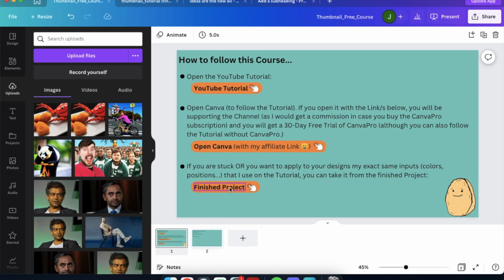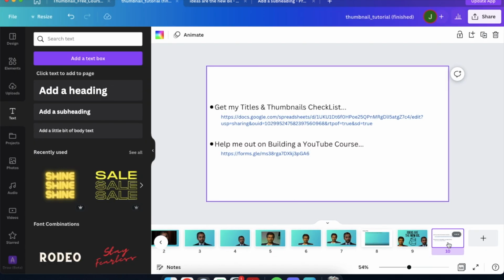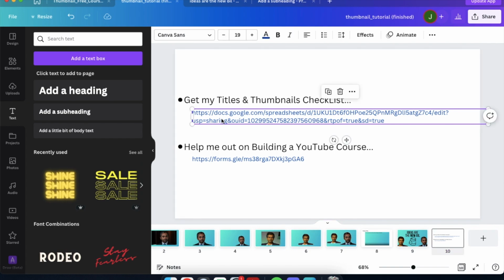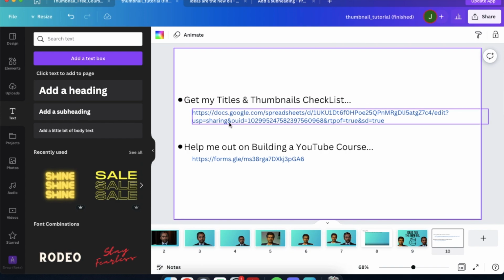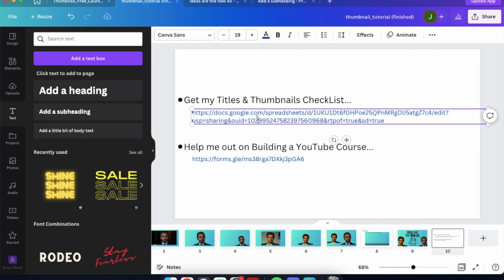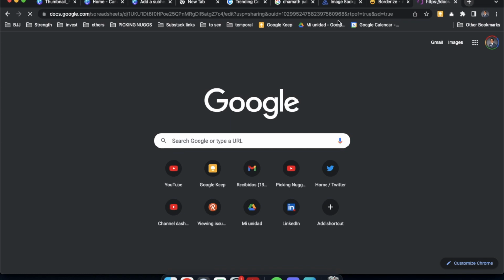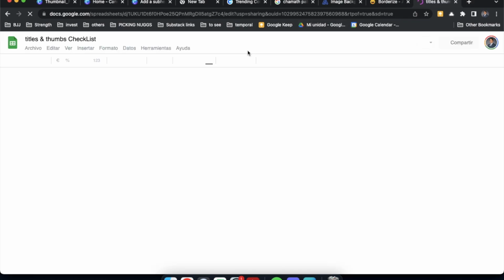If you click on finish course, you will be able to see this slide. I'm not creating an asset with the link, because if you see it on a slide, it's not going to open. So just copy the link, and if you open it here, you will be able to see this